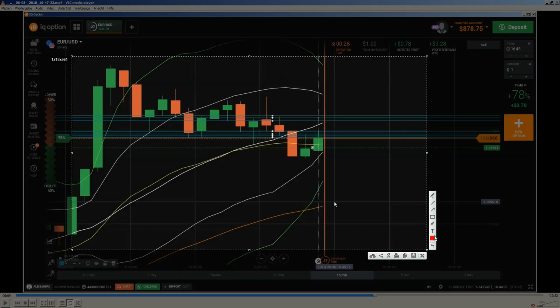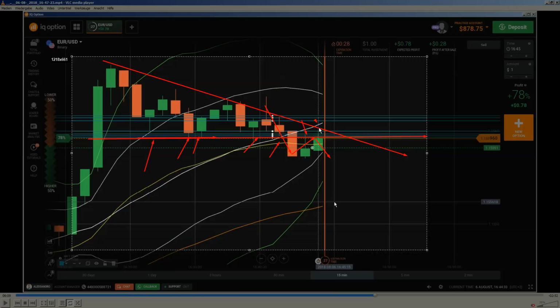So we have here this descending triangle. Yes, so I would say this one would be something like this. Yes, and here we have this. So, and now we got here the breakout of it. Yes, and now we are doing the pullback to this horizontal neckline of this descending triangle, or the horizontal support and resistance level. In this case, it got from support, because here you see support, support, support, yes, support, support, and now we are getting here resistance, resistance, resistance, yes,